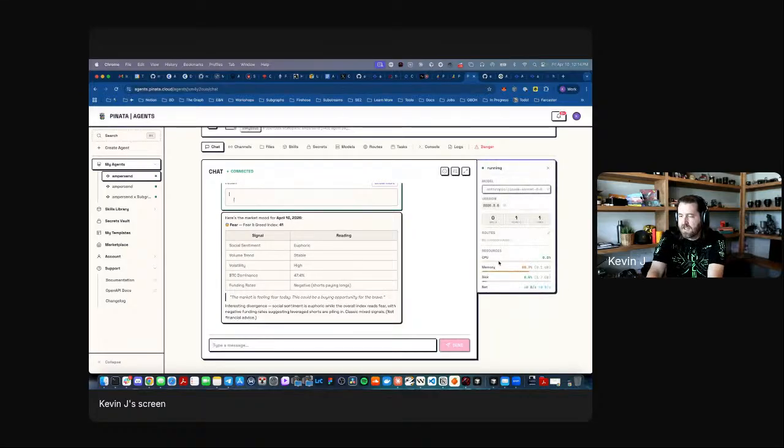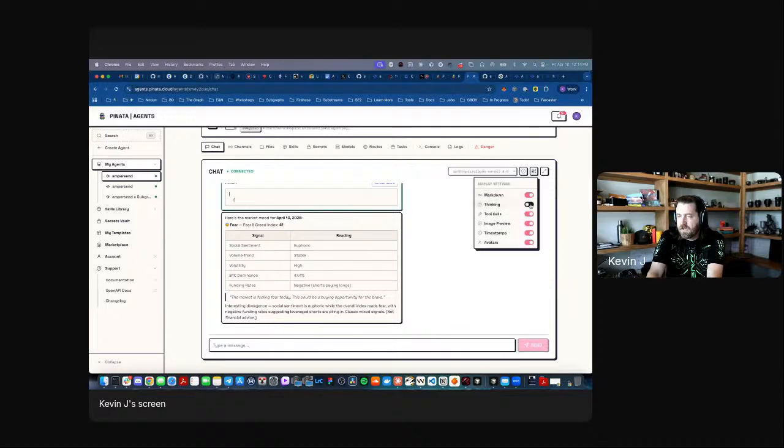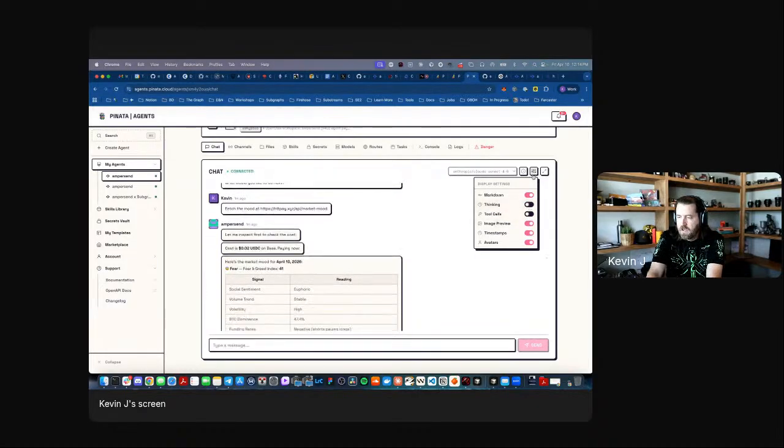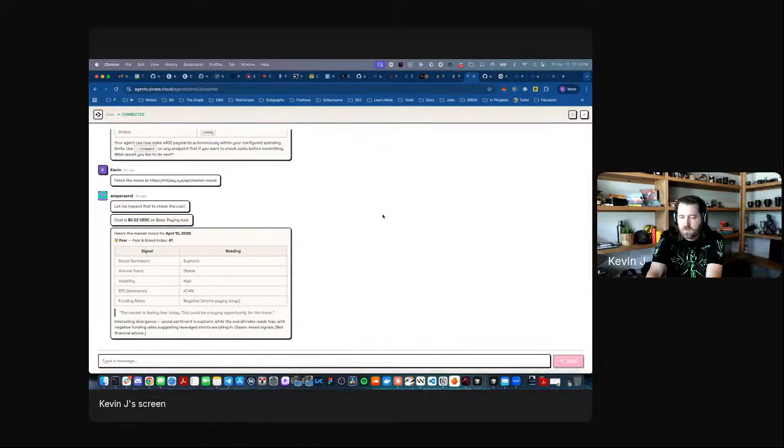We can do things like see how much memory is being used by clicking this little circle, CPU, disk, stuff like that. And then we have these, which let us hide tool calls, hide image previews, which is kind of useful and really cool. I just hid thinking, so then we don't see the thinking stuff anymore. We can also go full screen, which I really like a lot. This is actually a feature I asked for, and shout out to the Pinata team. They added this, which is really cool,